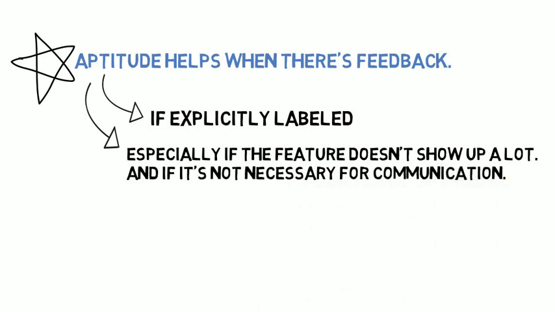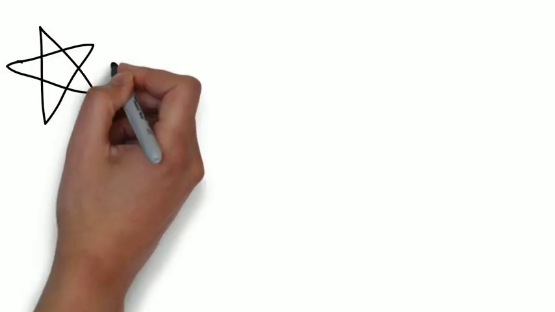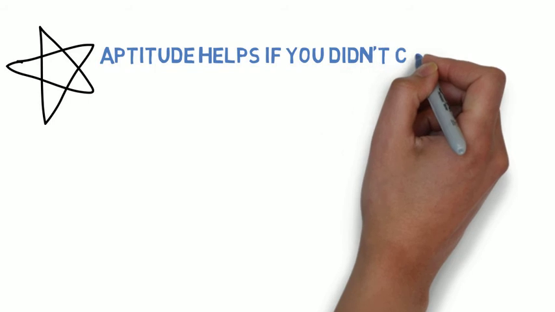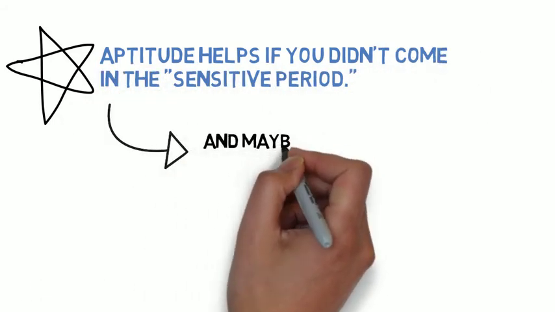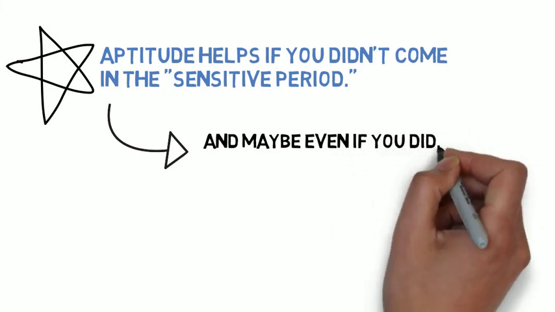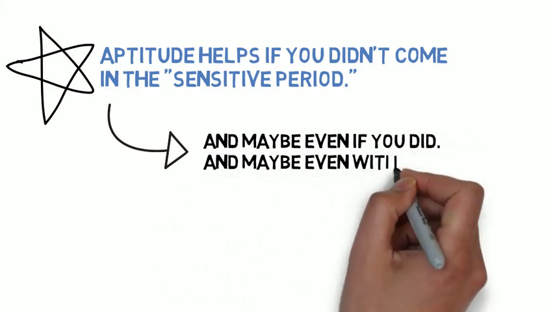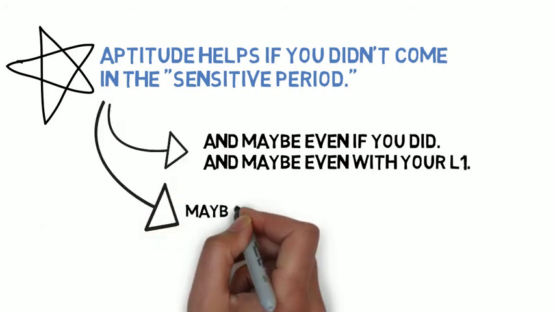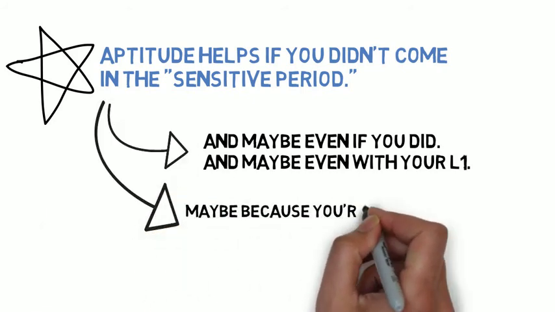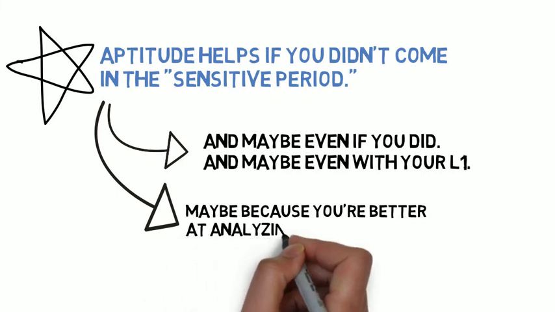As for a relationship with the sensitive period, if you have higher aptitude, you're more likely to achieve perceived native likeness, even if you start learning at a later age, but maybe even within the sensitive period, and you could even have developed your native language better and faster. Researchers tend to think this is because you're better at teasing out the analytical pieces of language.